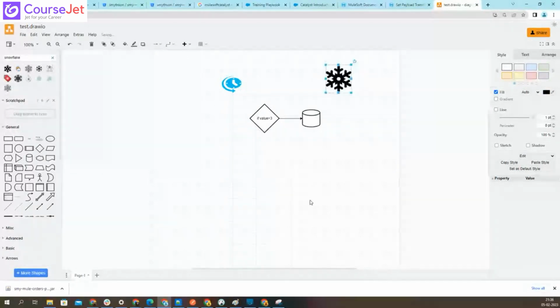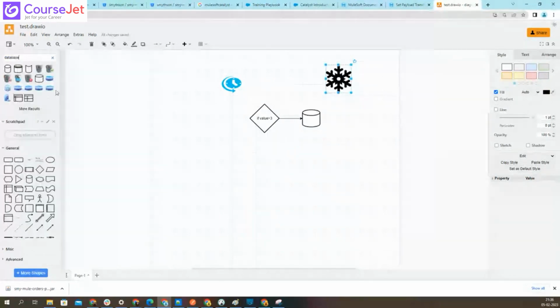Same for database. See how many databases I got. I can use any one of them. So it's very easy to use, and it's very helpful while you are having a conversation with the clients. So if you want to